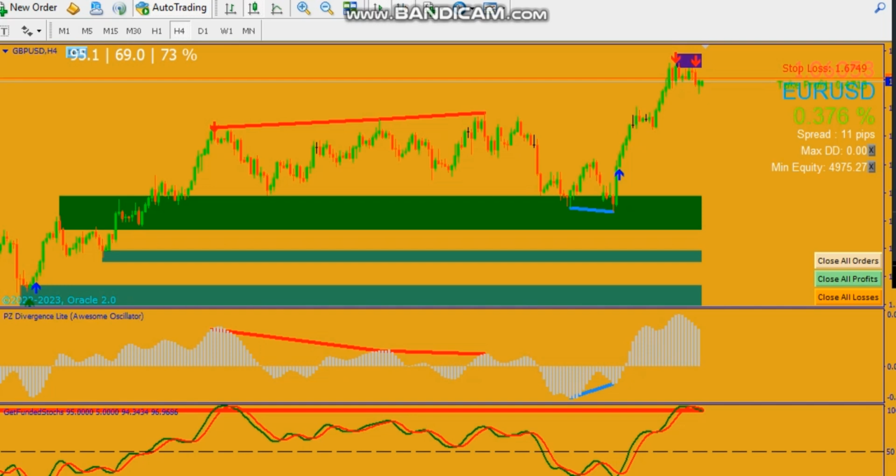I have attached a supply and demand along with it. So in this case, I don't really care about the errors. But whenever I see these divergences, along with the confluences that I'm going to be showing you, I just take my entry. I take my entry. So in this case,